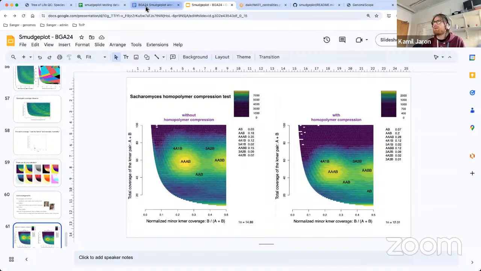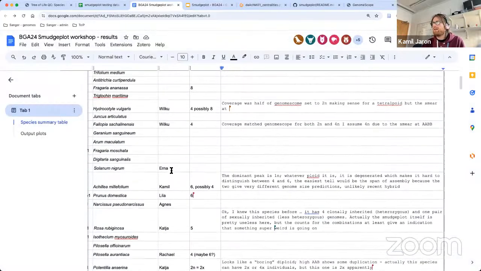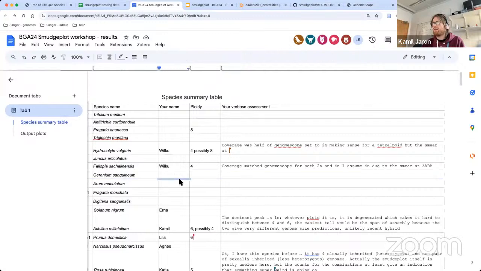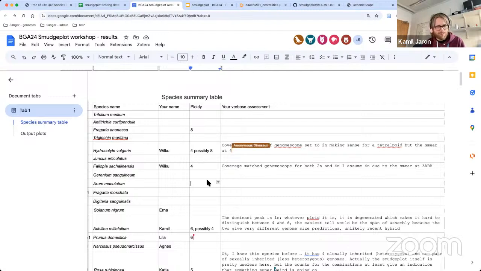Let's now take a look at the genomes. Did you have good times? My very, very favorite part of being at the Tree of Life is that I feel like I'm in the candy store every day.